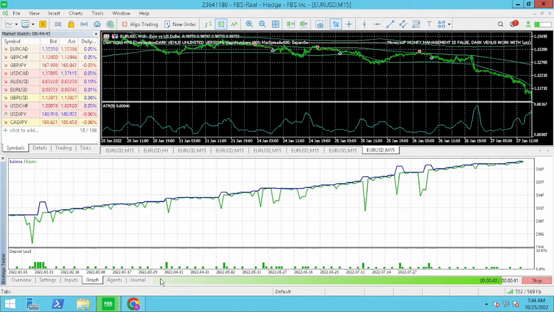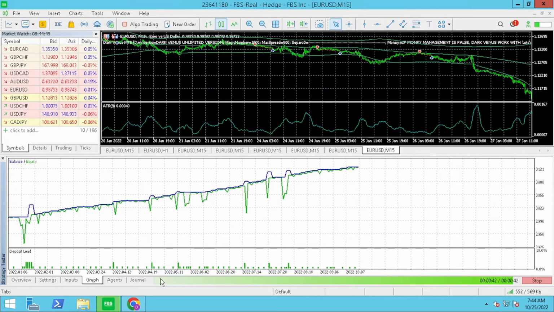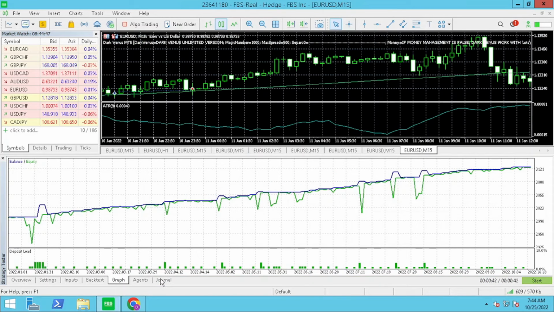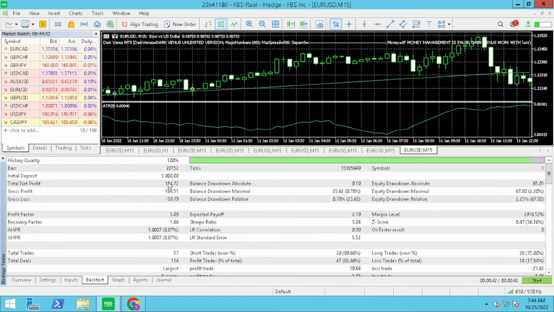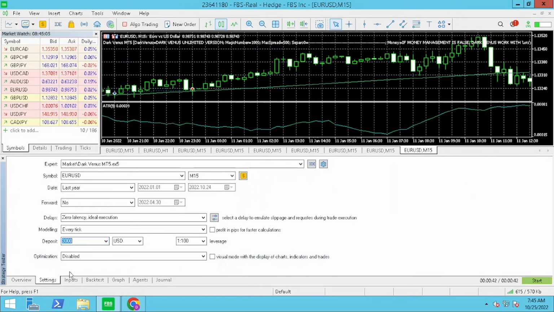I have tested the settings against 3 different brokers. However, I do recommend running it against your own before testing it on demo. The total net profit is $124.72 with an equity drawdown of 2.2%. One of the amazing features of MetaTrader 5 is that you are able to test a set file against